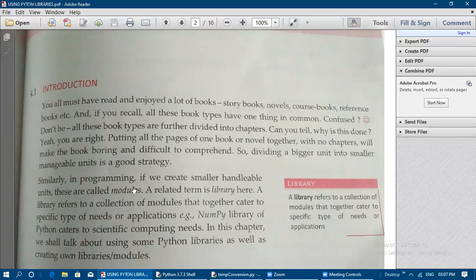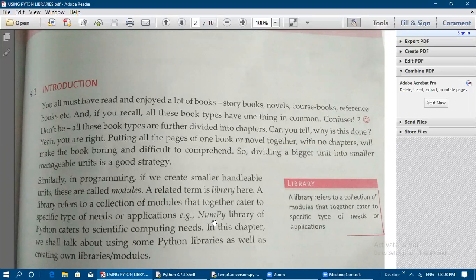Similarly in programming also, if we create smaller handled units, these are called modules. A related term is library. What is meant by a library? A library refers to a collection of modules that together cater to specific types of needs or applications. So it provides services to different types of needs or applications, and we can make use of this collection of modules available inside the library.